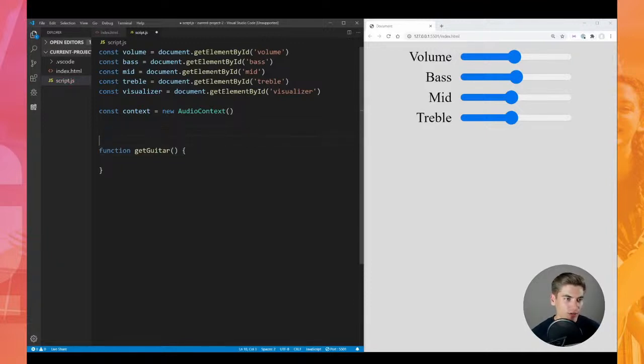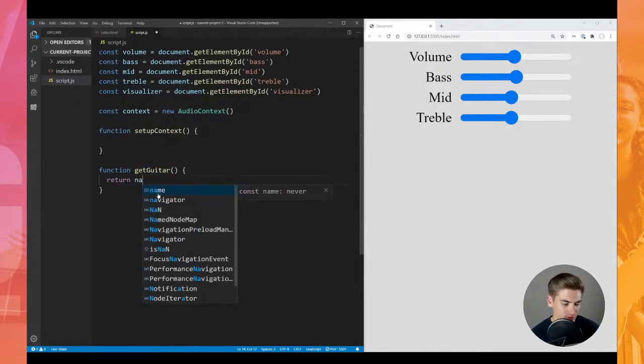And we're also going to create another function which is just going to be called setupContext. And this setupContext function is where we're going to integrate our guitar, and getGuitar is where we're going to get access to it. And this getGuitar function is going to be really simple. We just want to say